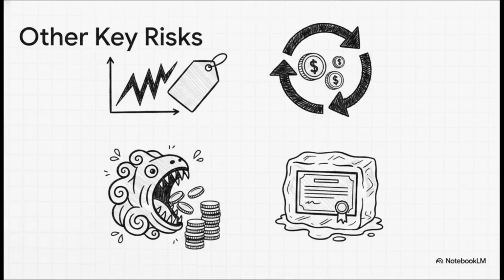Then there's reinvestment risk. If interest rates fall, those periodic coupon payments you're getting might have to be reinvested at the new, lower rates, which kind of drags down your compounded returns over time. We also have inflation risk, meaning even if your returns are perfectly steady, high inflation might slowly eat away at your actual purchasing power. And finally, liquidity risk. Look, unlike massive blue-chip stocks, some government securities might have lower trading volume. That just means you might not be able to sell them instantly at the exact price you want.